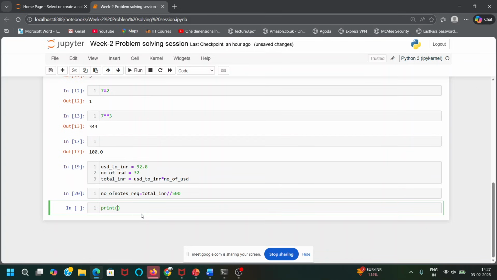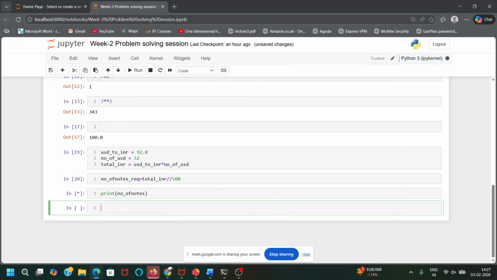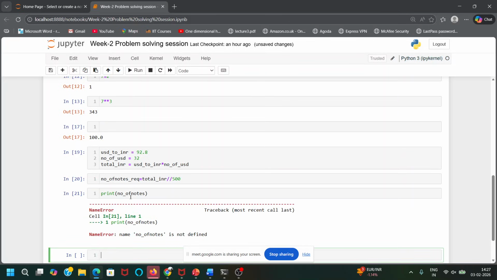These are all the things which you should learn as a part of quantitative aptitude or something else. If you run this, you will get an error. Number of notes required.